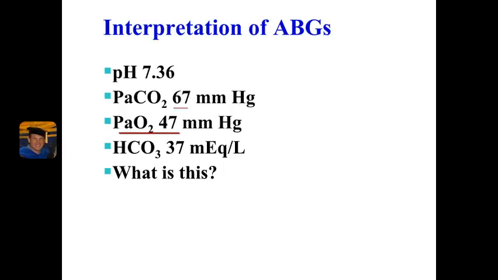PaO2, 47, that's low. So that means that we have hypoxemia. And then bicarbonate is 37. That's high. So we have metabolic alkalosis. So what we have is respiratory acidosis, metabolic alkalosis, and then here we have